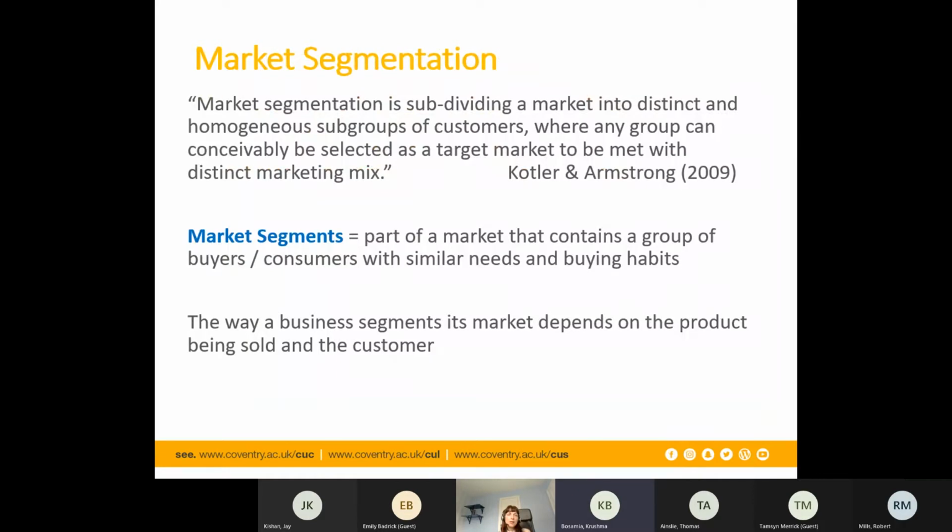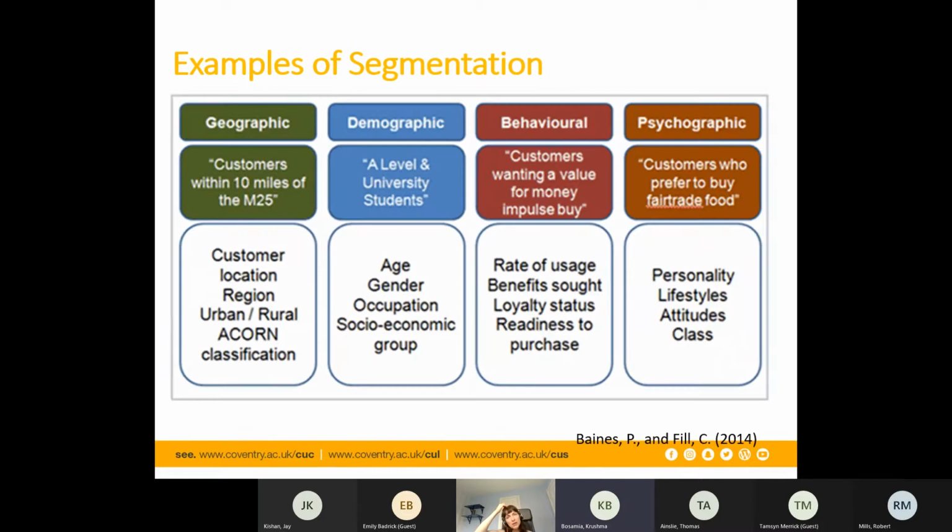So market segmentation, as I mentioned, is about grouping people together based on their similarities. And we do that so we can work out how we are going to reach them, what they are going to want, how we are going to price for them, so we can understand what's going to work for them. So have a look at these different ways in which we can segment our customers, and have a think: for the casual dining group, which of those do you think are going to be most relevant to the casual dining group?